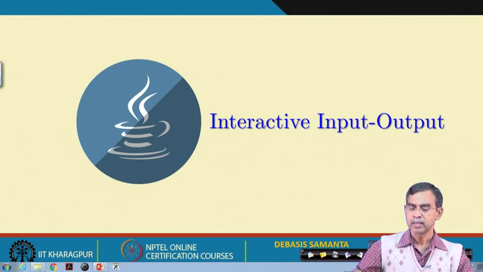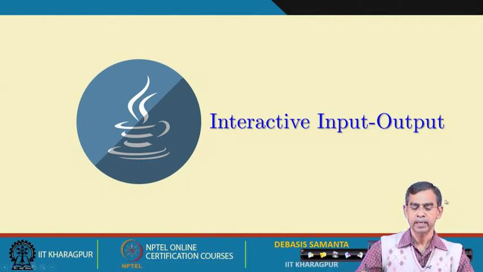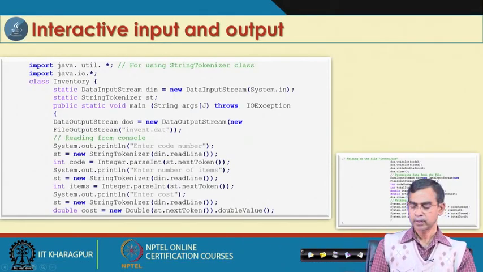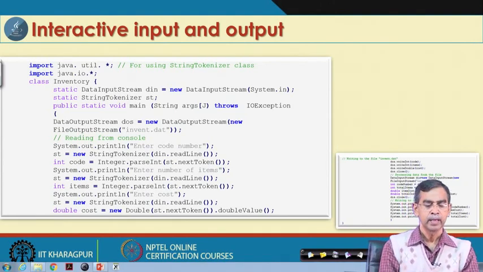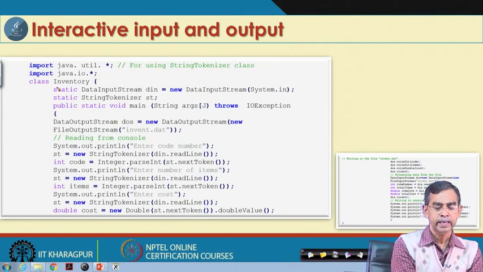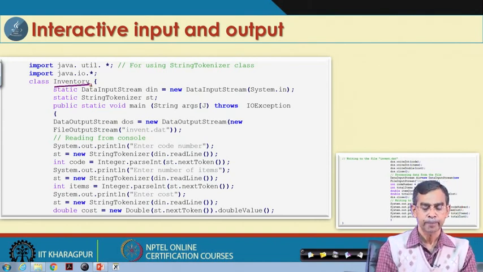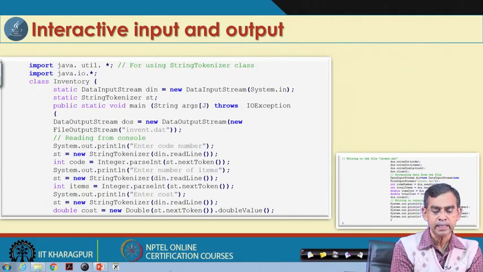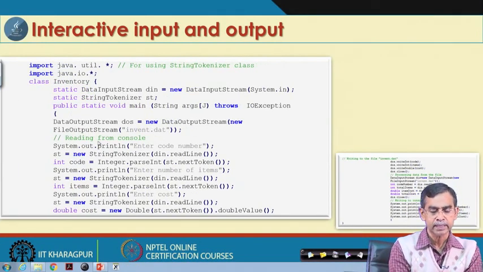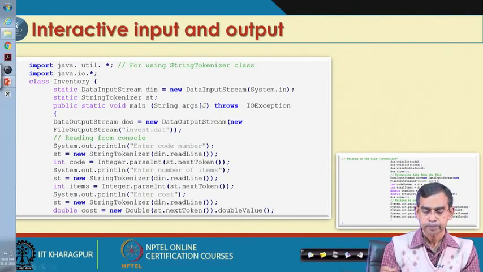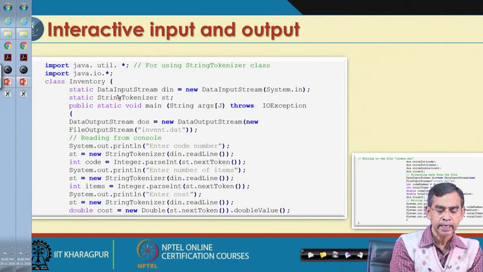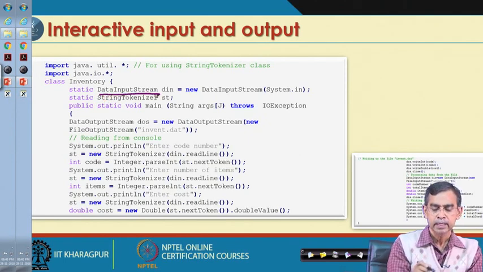So, let us have a quick demo of this program. Here is the program. We have created one class called inventory, and in the next statement we have created a DataInputStream class object, DIN.